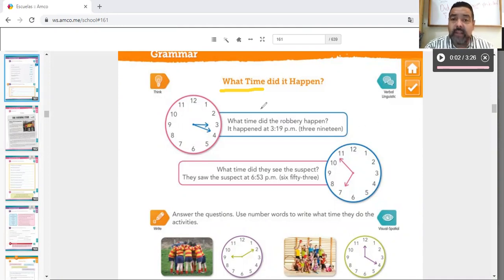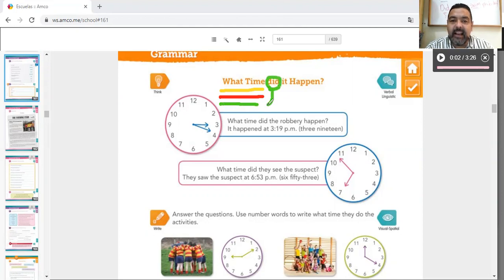I can say, for example, what time is the party? Oh, the party is at 8 p.m. What time is the movie? Oh, the movie is at, but today we're talking about something different. Let me change the color. Okay, I'm talking about what time